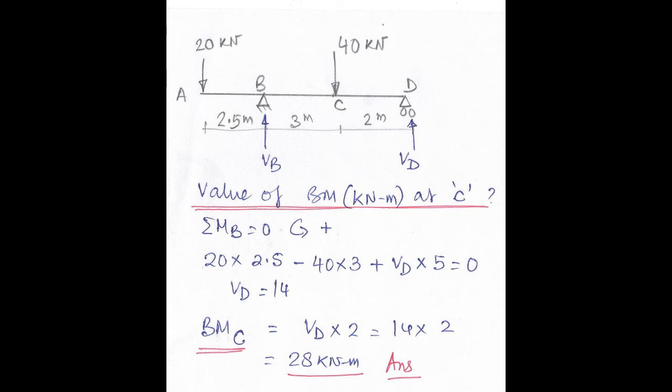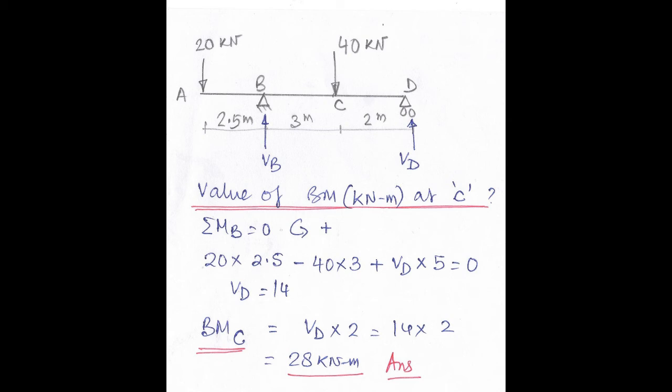let us solve this problem. First we will draw the beam as given in the question. So BD is a 5 meter span and AB is an overhang of 2.5 meter, 20 kilonewton is acting at the point A and 40 kilonewton load is acting 5.5 meter from the left hand support, left hand point A. So like that way I have drawn the beam. Now in this question we have to find the bending moment at C.